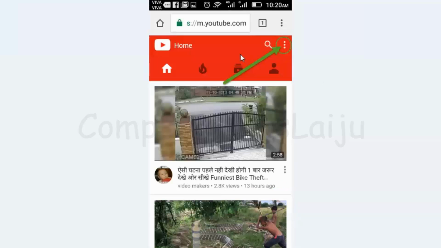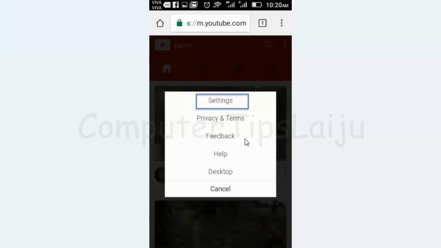If you are using a mobile browser to watch YouTube videos, you can do the same settings in the mobile browser also. For that, open the browser and open m.youtube.com. There also you can see one option menu here. Click on this menu button. Here you can see the settings.